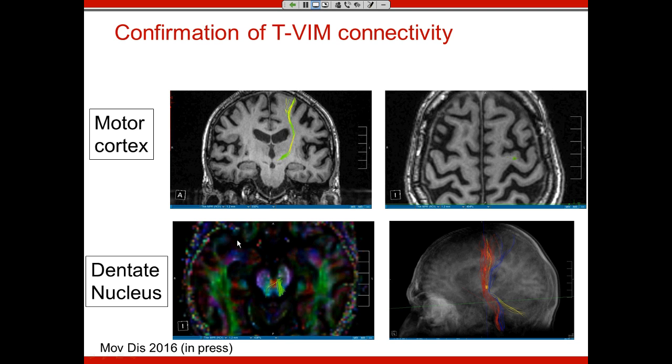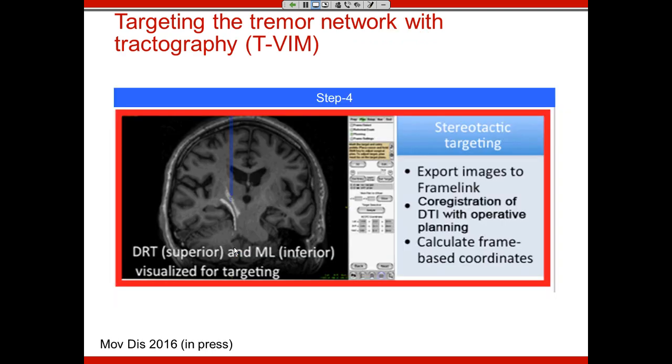But I wanted to highlight it for future investigators that you would see most of the fibers coming from ipsilateral dentate with this algorithm. Once we were satisfied that the VIM ROI is in the right position, we then exported these images